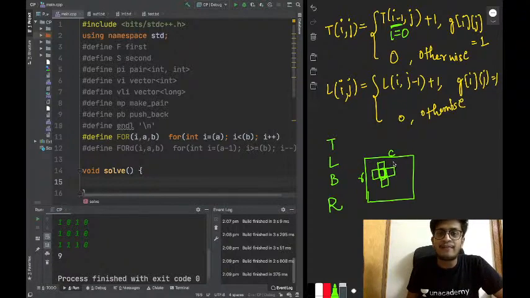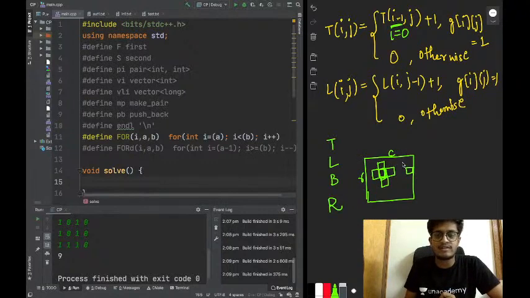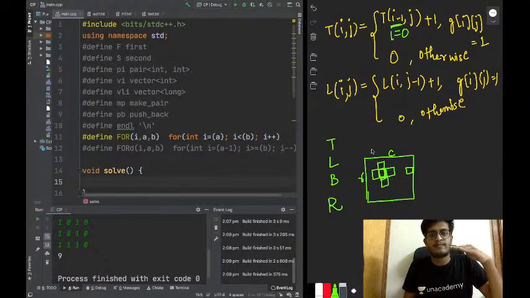But actually we have to check some conditions. For example, the R value of this cell doesn't exist. If the cell is 1, then the R value will be 1, otherwise the R value will be 0, right? So you have to write a condition that if this cell is at the last column, then we don't have any right. Do you agree that initially, if you are using a 0 indexed array of size R cross C, you will have to write many conditions? For top, you have to write a different condition in the top matrix, that if you are in the 0th row, then you don't have anything in the top.